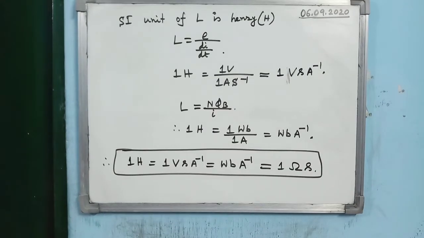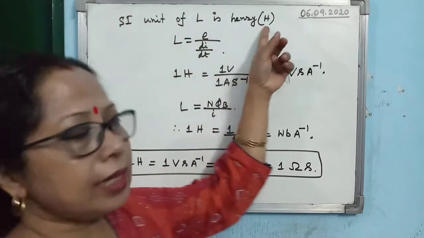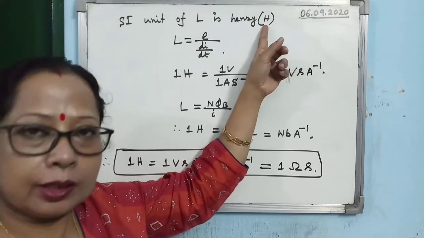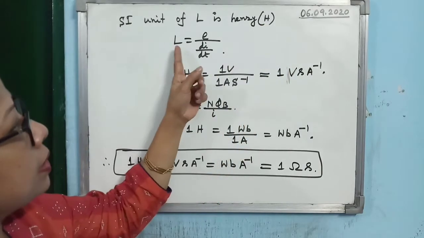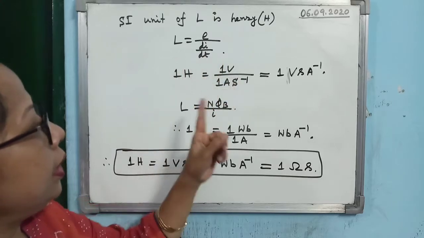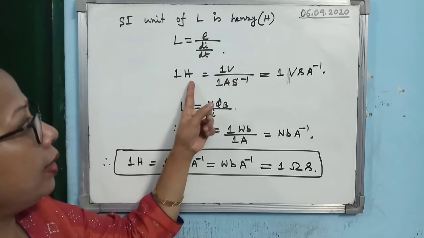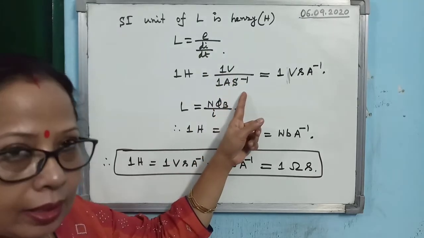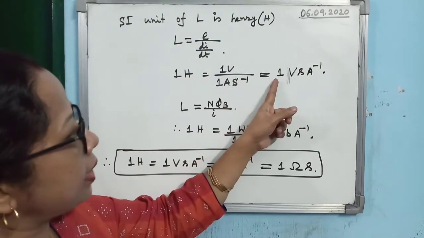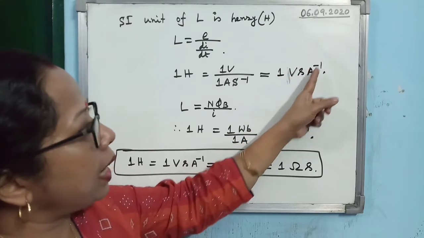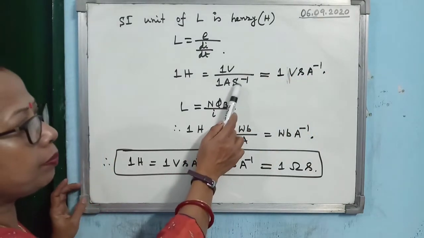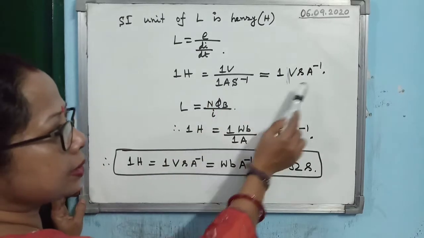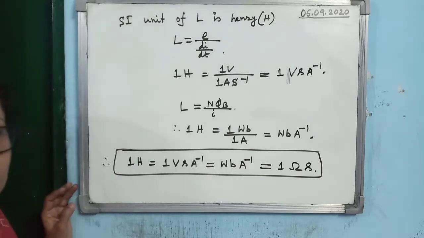Now, the SI unit of coefficient of self-induction is Henry, and if you use the abbreviation, then it should be capital H. Now, from this relation, L is equal to E by di/dt. You see, when L is 1 Henry, E is 1 volt, and di/dt will be 1 ampere per second. So 1 Henry you can write as 1 volt second per ampere. Because second per second, when it moves up, it will become second, and ampere, as it is in the denominator, will become ampere to the power minus 1.